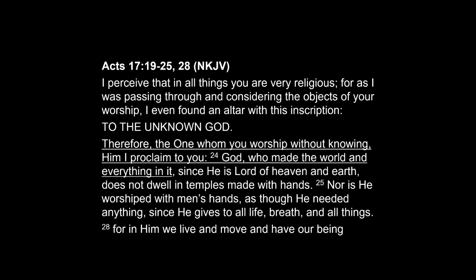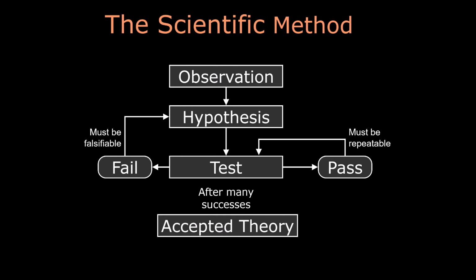Okay, what is science? The goal of science is to explain the physical world that we live in. And one way to explain what science is is by saying what scientists do. Well, this is what a scientist does. He uses the scientific method. He sees a phenomenon, makes an observation of what he sees in the natural world, and he develops a hypothesis that explains how this came to be. And after he develops this hypothesis, he comes up with a test to prove or disprove that hypothesis. And so he exercises this test, and if the test succeeds, he repeats it, and he sends the test off to other scientists,